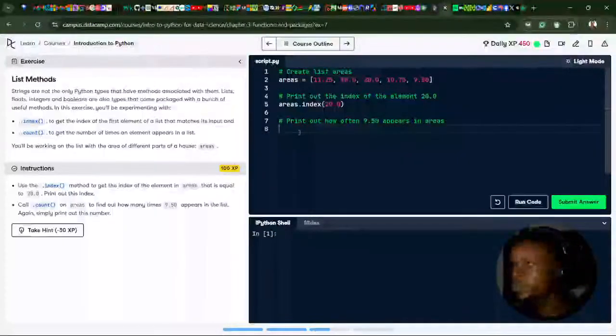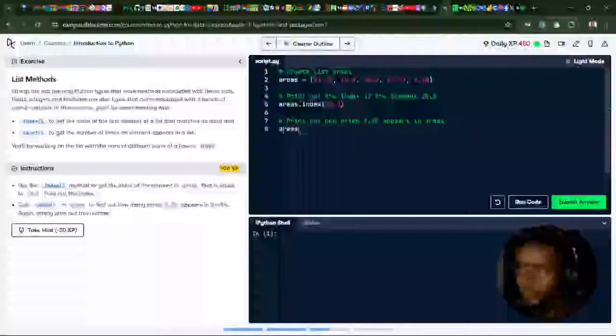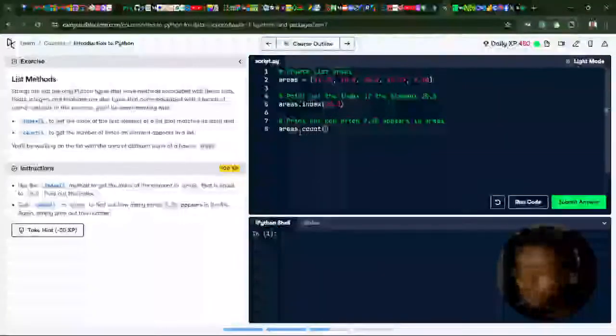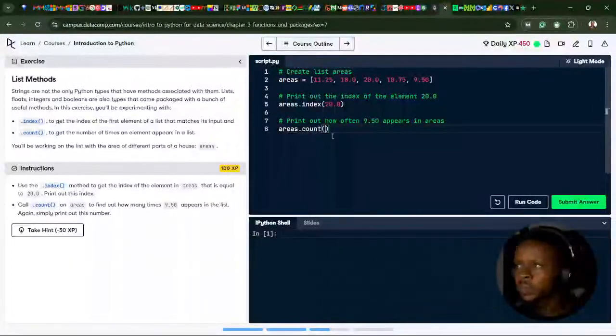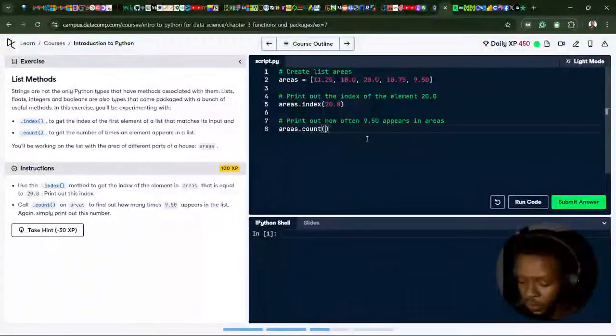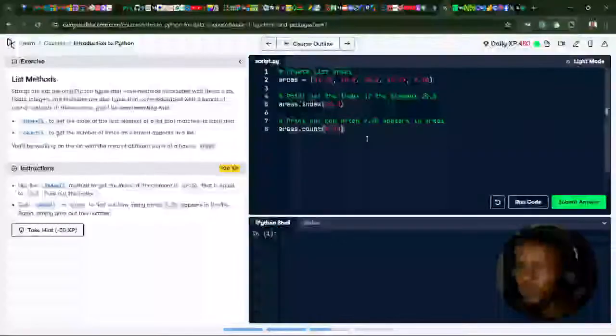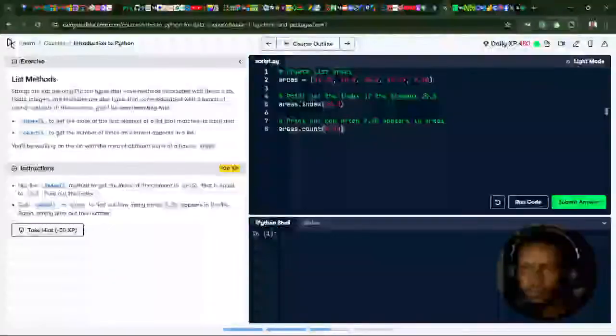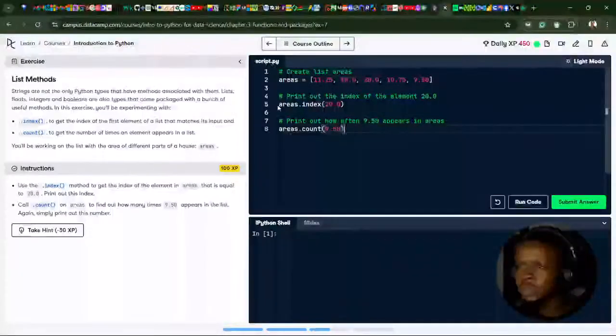Same thing: areas, which is the variable, dot count. So I'm going to count the number of times 9.50 appears. So now we're going to print them out. So I'm going to wrap it in